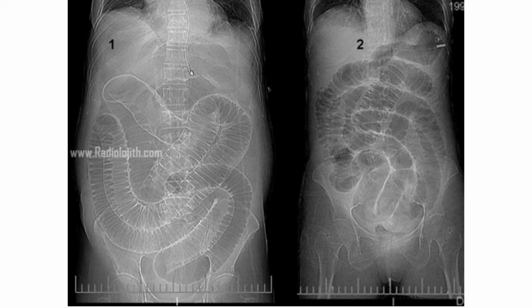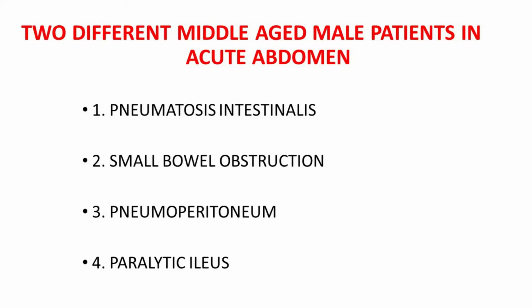So I am giving only the CT topo of two different patients, both of them being middle-aged men, and they are marked as 1 and 2 for the diagnosis. I am giving 4 choices. Please choose the best for the first and second CT topo. The diagnosis might be the same or it could be different.